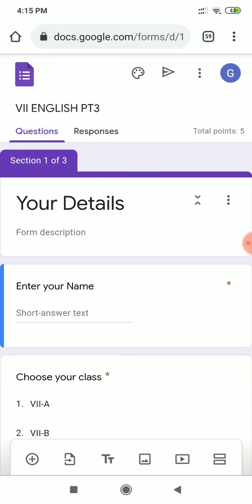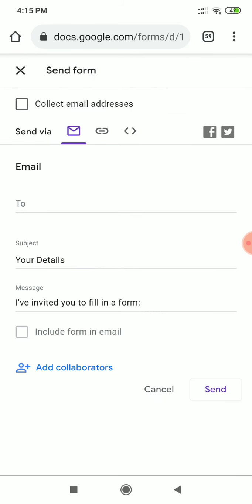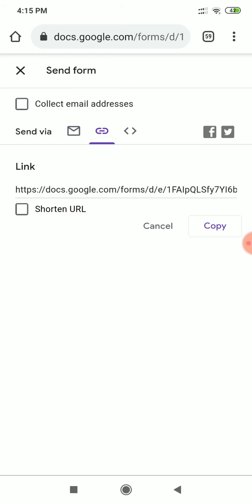Now clicking on the question tab. Now how do you share the link of this form with the students? For that you have to click on this triangular sign at the top. Here you can see these three dots. Next to it you can see this triangular sign. So you will click on this sign. Now how to send it? We can either send it through mail or we can send it as a link. So we will click on this second option, link.